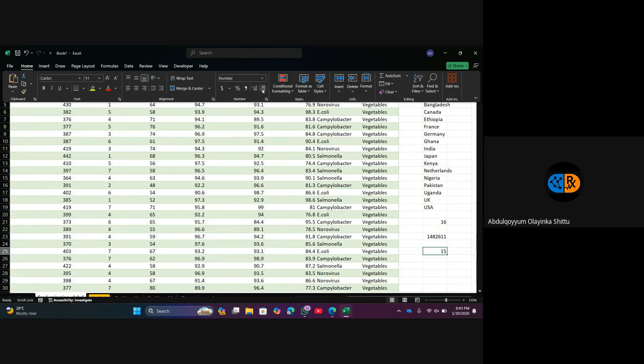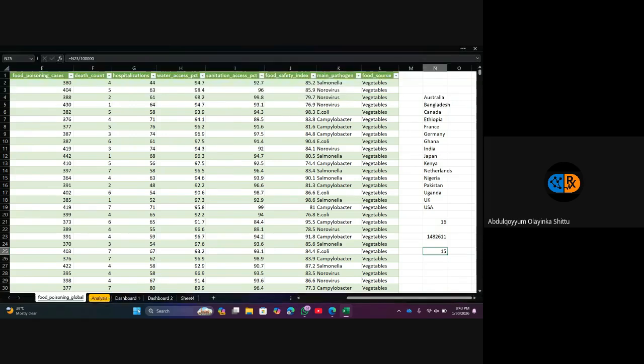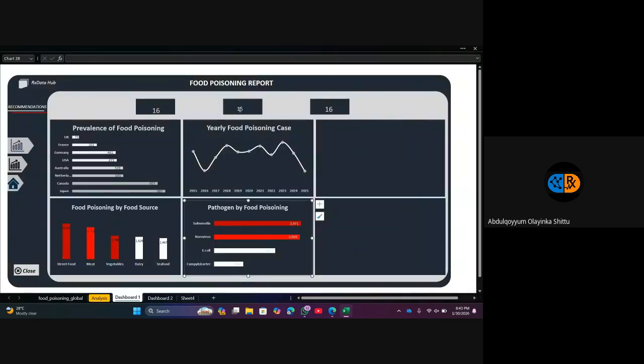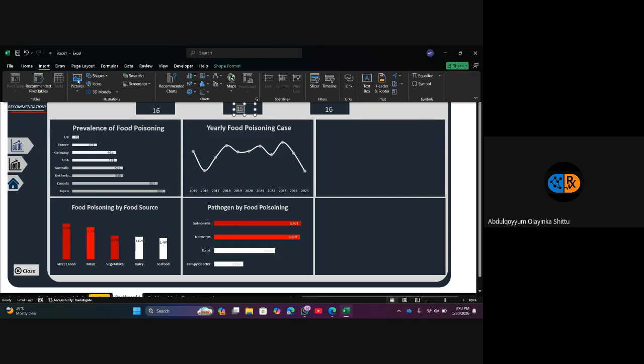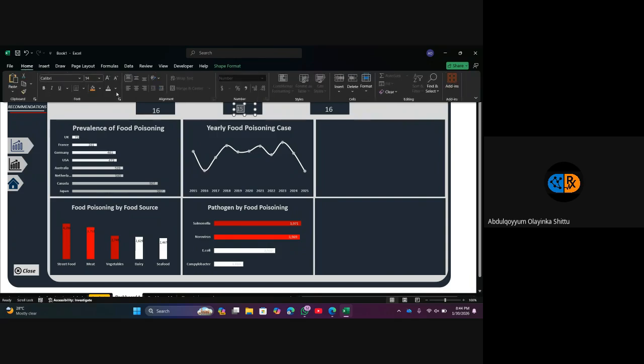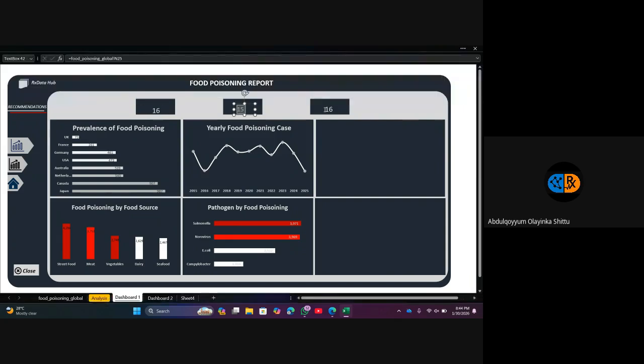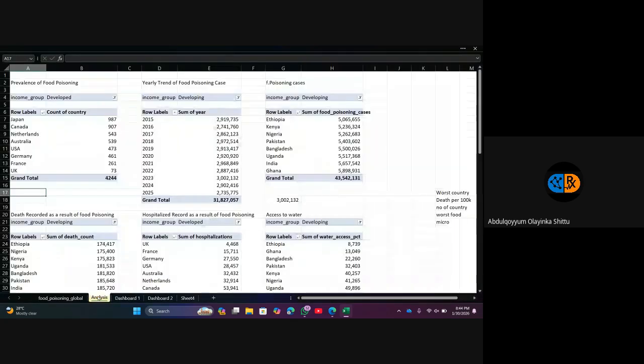So let's make it a whole number. So can you see it's done now? So let's try to increase it more. So let's write A. And the last one,